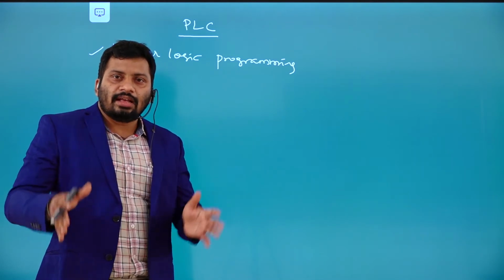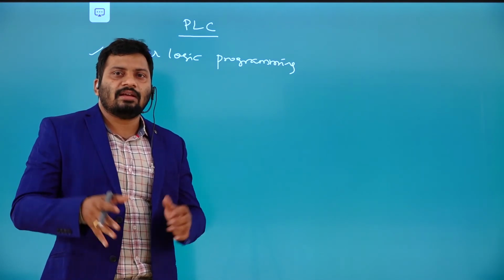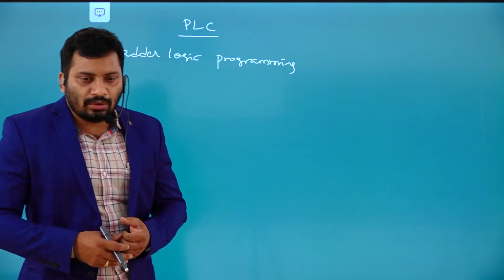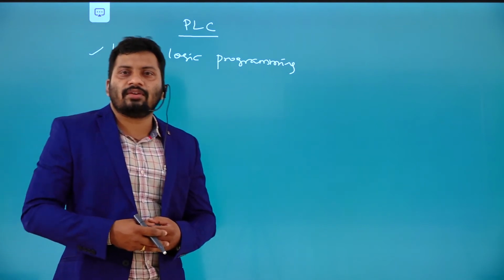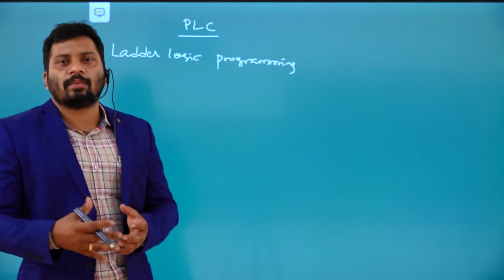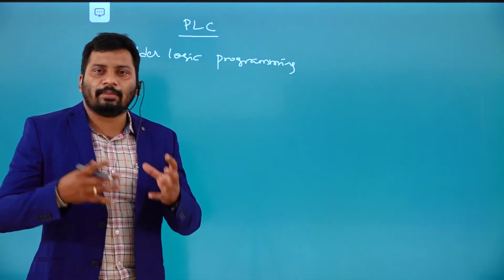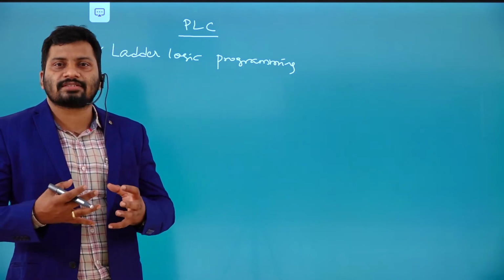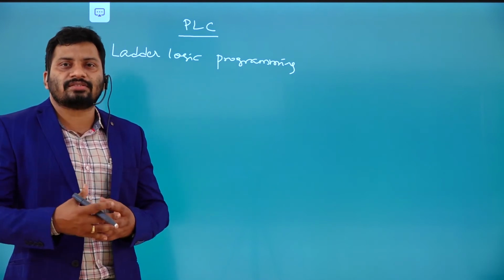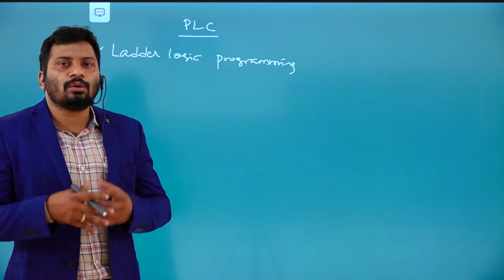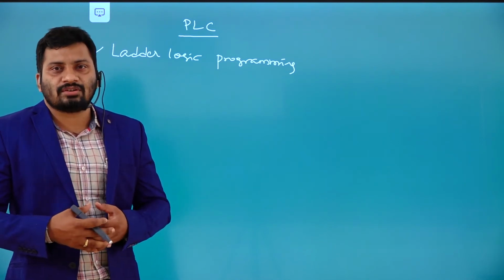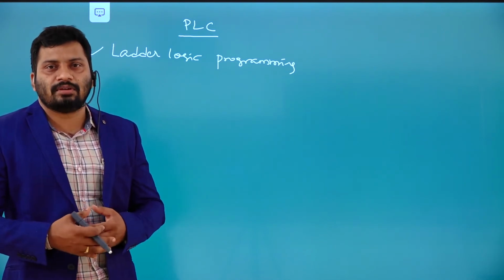That is also in the graphical representation way, right? So here also, inside the processor we have an ALU that is used to perform arithmetic and logical operations. That is the reason here also we have arithmetic instructions, logical instructions, timer instructions, counter instructions, right? Those we are going to discuss in the next topic, that means in the next chapter.